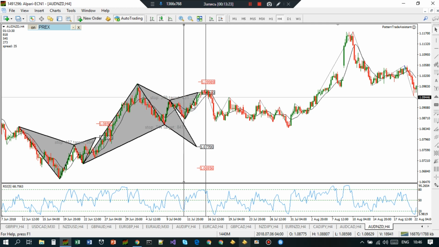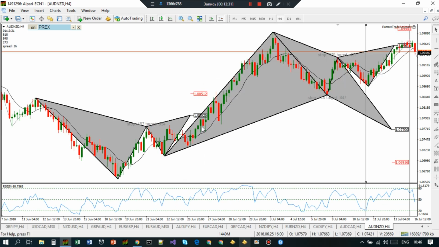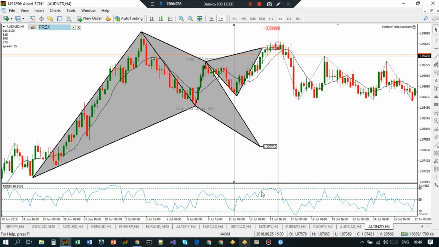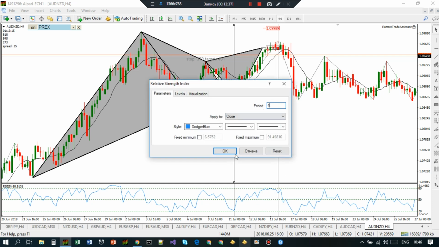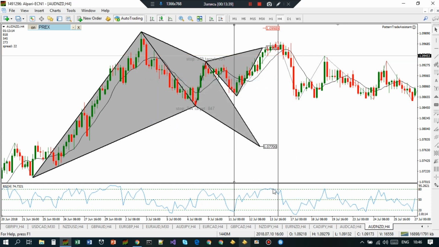So starting from the last leg, well, it doesn't matter. You should find that from overbought to oversold. And if we set this to 4, it will be much better. 5 is slightly not overbought. Okay, so what you do, you draw a trend line like this,